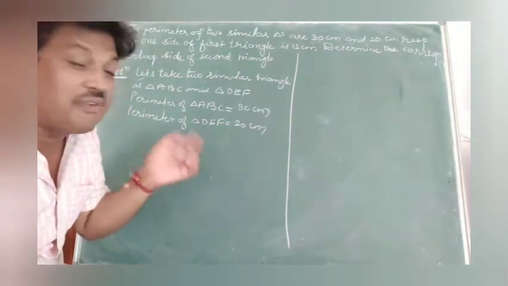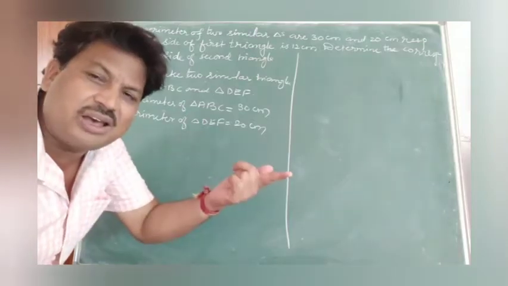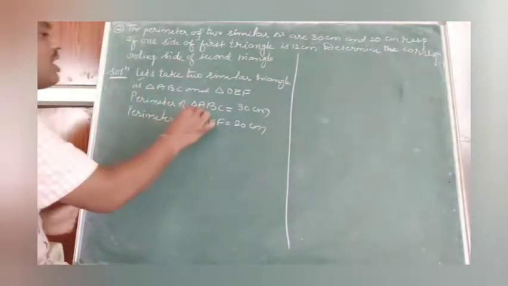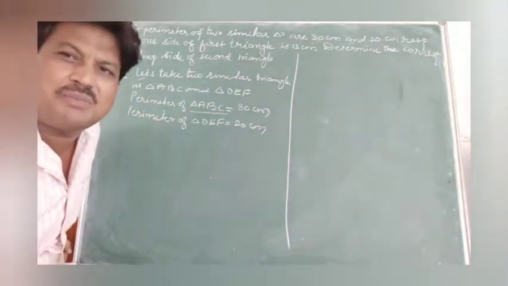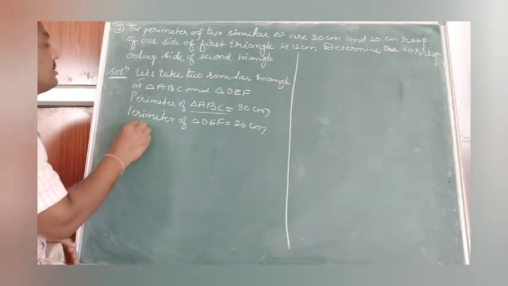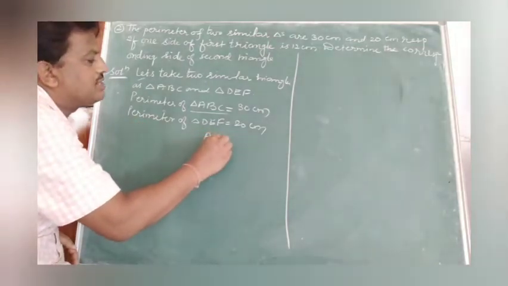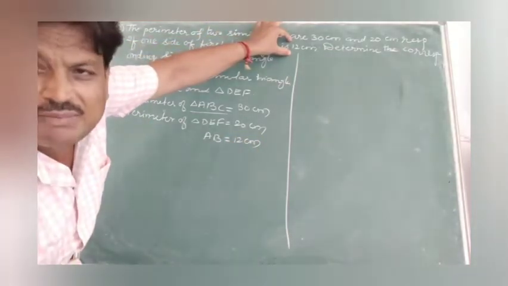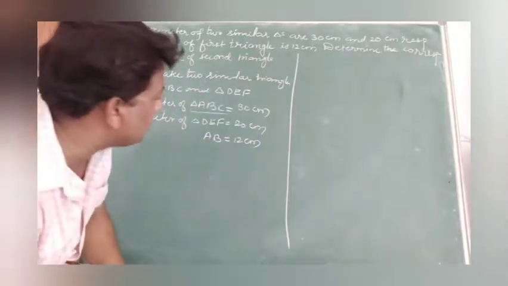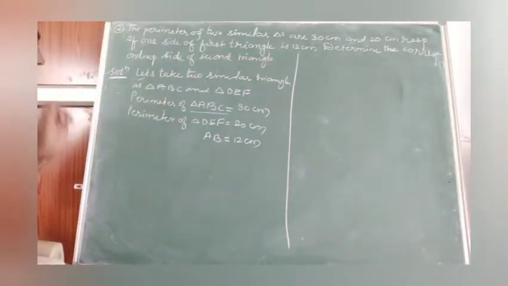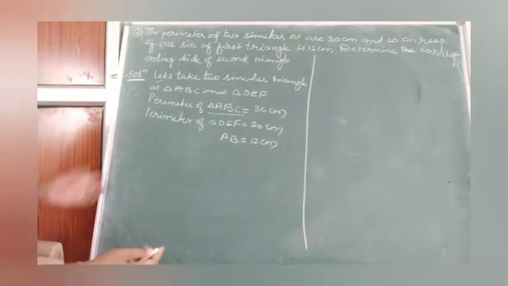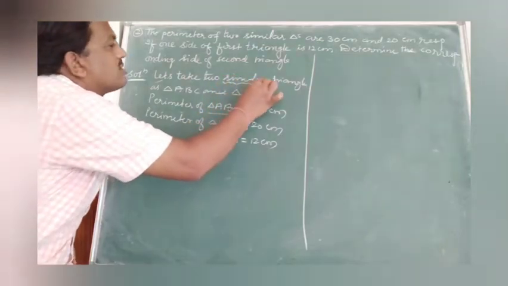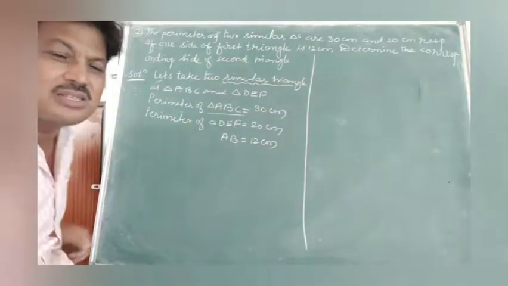But remember, while finding the value of the side of the next triangle, you must see that it should be the corresponding side of the one taken. So here triangle ABC has three sides, AB, BC, CA. So here I am going to take AB equal to 12 centimeter. Whatever side value is given, I am taking here as side AB. Okay, children. What you have to find out, we'll see later. Now, children, first, is there any clue to find out? No. Only one clue is given. These two are similar triangles.